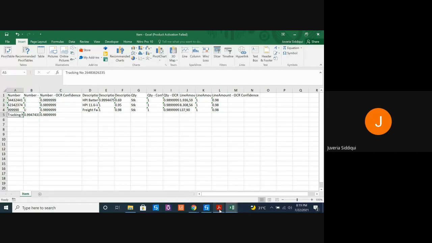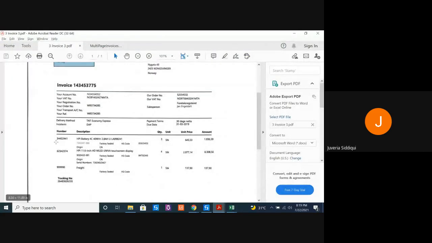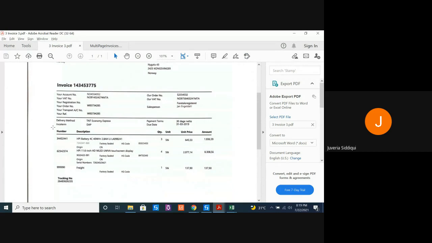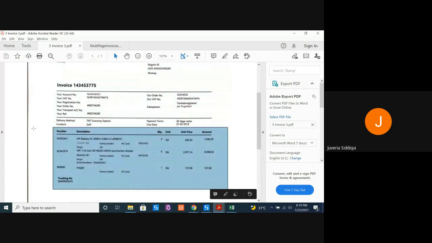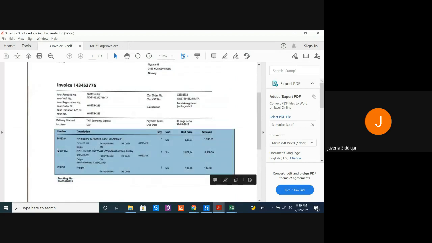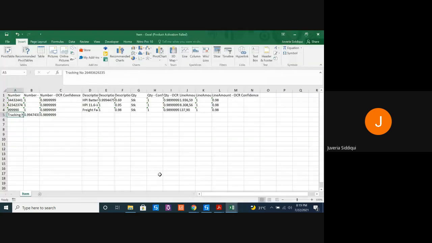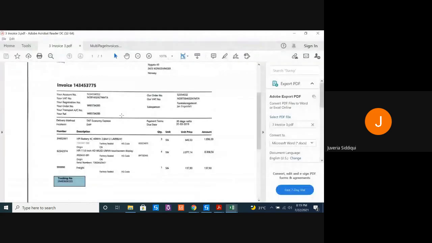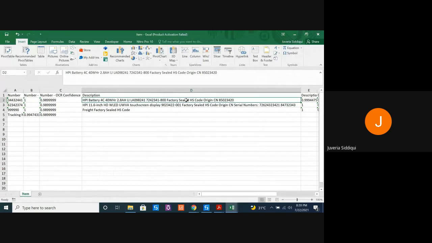it treated the tracking number as well in the form of one of the rows. While I was creating this extraction field, I selected this whole as my table. But if I wanted more accuracy, I should have selected just this, leaving the tracking number outside. This was the correct selection. Never mind. Let's see the description. It has extracted the complete description. So the complete description from here has been extracted and kept over here.